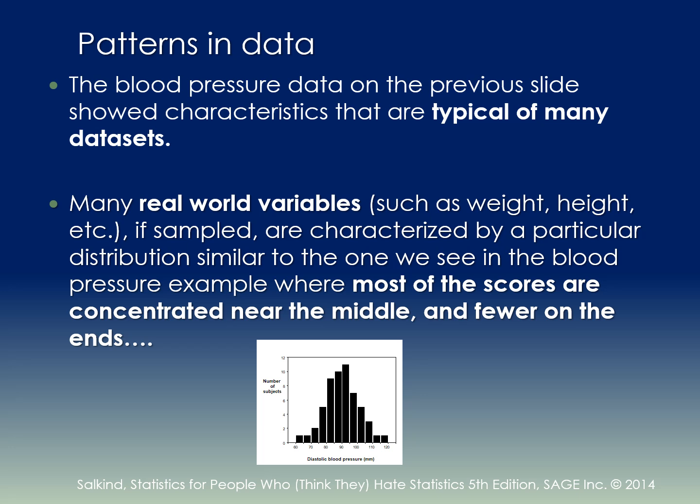This particular pattern that we see, again, looking back at the same blood pressure distribution pattern, where you have very few low scores and very few high scores, and most of the scores kind of congregated in the middle. We see this in many data sets, and we see this in real-world variables, things like weight, height, average salary, grades in some cases, those types of things, right? So we begin to see these patterns in data, and the question then becomes this: